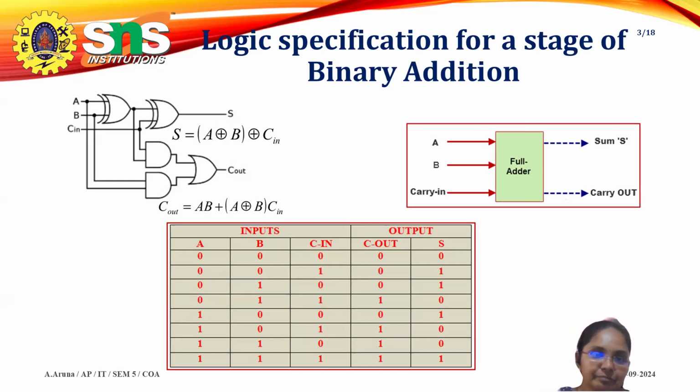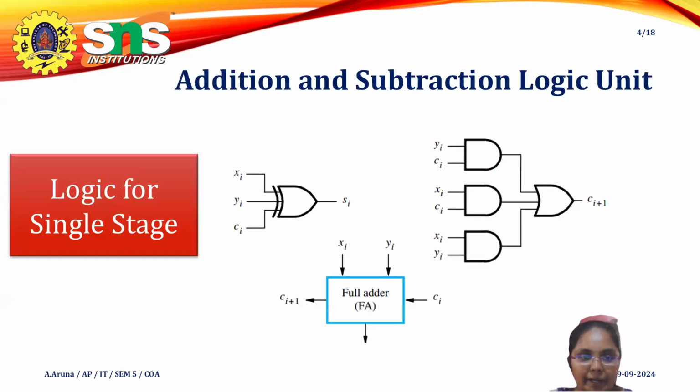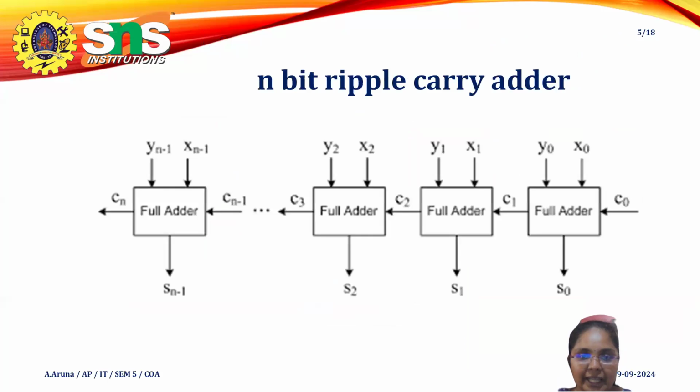This 1 bit, we're going to call a 1-bit ALU, that is a 1-bit arithmetic and logical unit. This is a simple stage. This full adder has a Cin. We pass those inputs and get the sum and the carry. Now I am going to show you the n-bit ripple carry adder. All these full adders are combined together up to however many bits there are. If it is 32-bit, it will run from 0 to 31. So it can be represented over here.